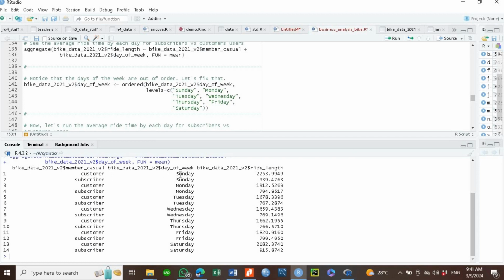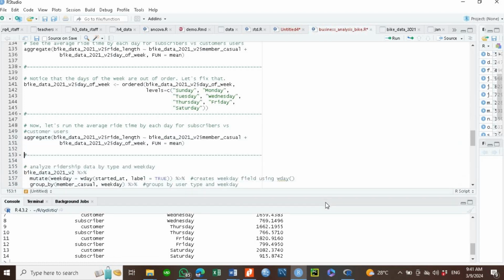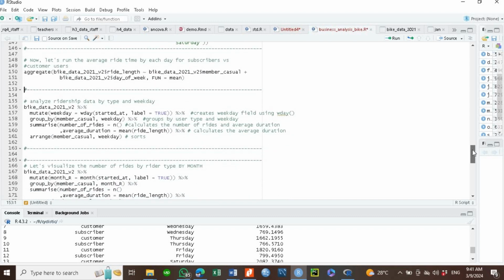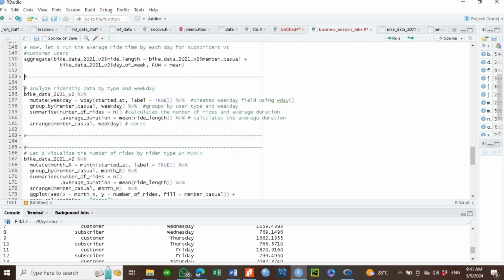Now you can see that the whole thing is arranged: Sunday, Saturday, customer data, and so on. Basically, at each turn, customers use the bike much more than subscribers. So if you are a business owner, you know how to make your bikes available and how that will impact your business. The next thing is, let us now see how the data works